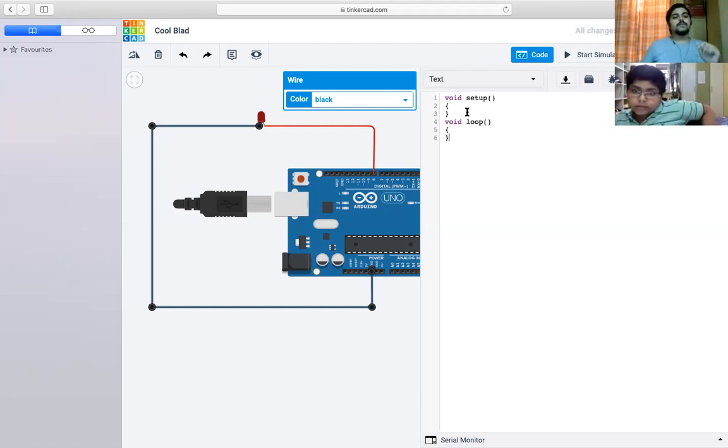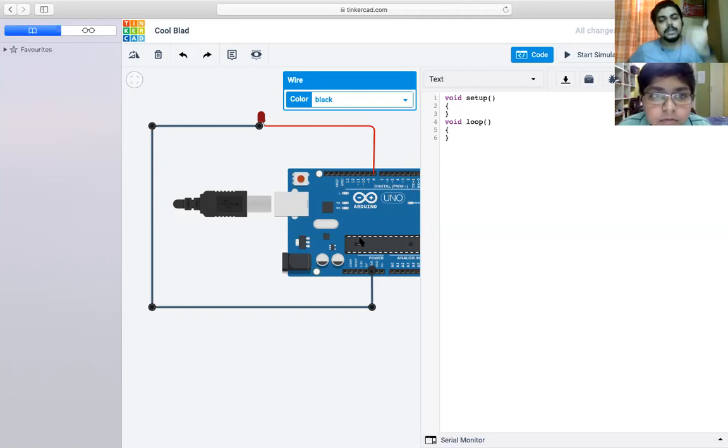The first thing that we do is we take a variable. The variable will denote the LED. Where do we initialize a particular variable? 8 is the number to which we are connecting the LED, but first listen to me, okay?